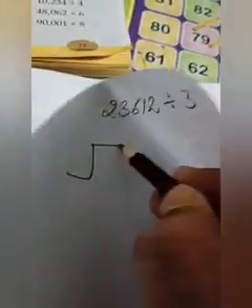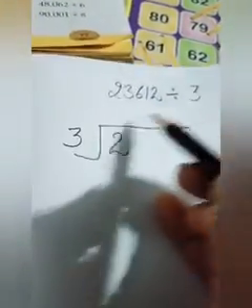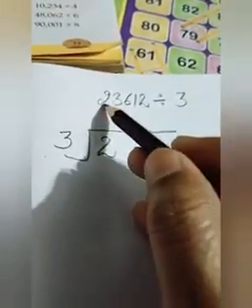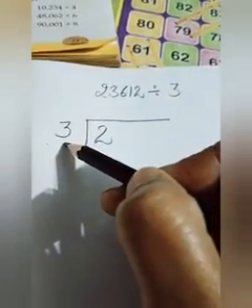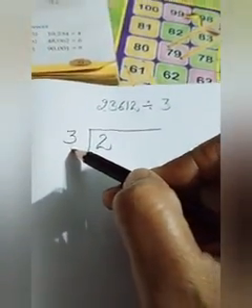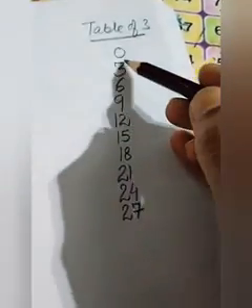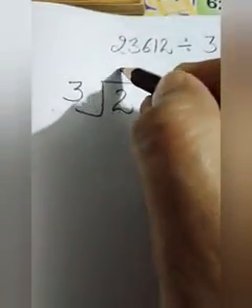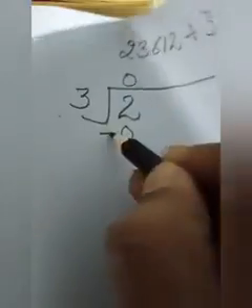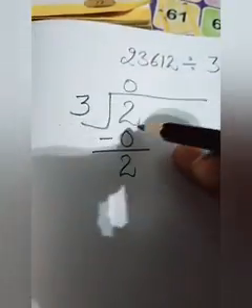Firstly, we will write 2 here. 3 is the divisor, we will write it like this, and only one digit from the statement we will write here. Yes, now 2 is to be divided by 3. For dividing this, we will observe the table of 3. Yes, 3 zeros the 0, 3 ones the 3. Under 2, what can be written? 0 can be written only, because 3 cannot be written, so we will write 0. How? 3 zeros the 0. Yes, now 2 minus 0, it will be 2. Yes, now we have done subtraction.